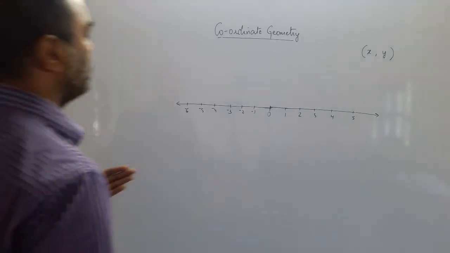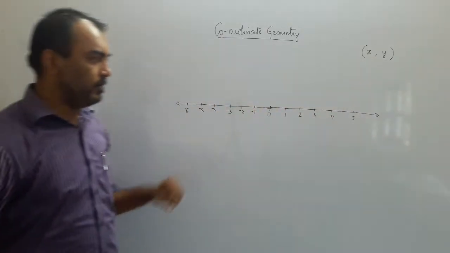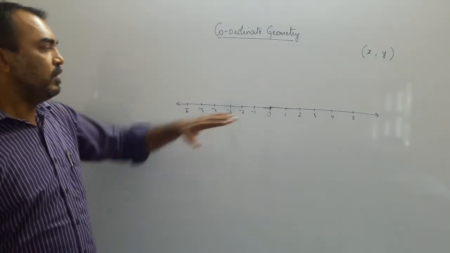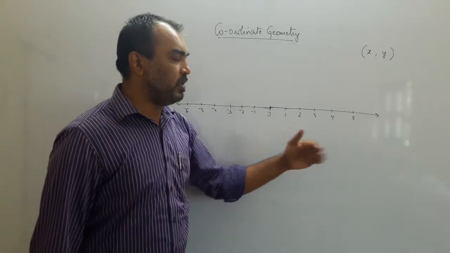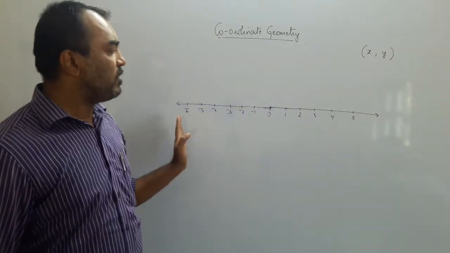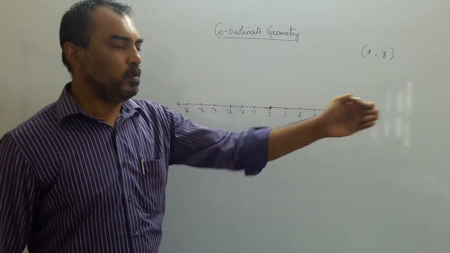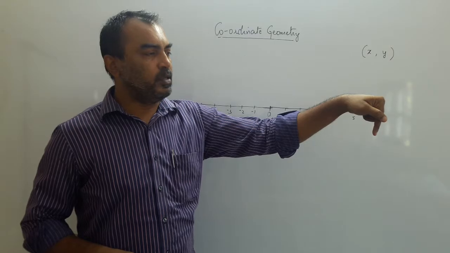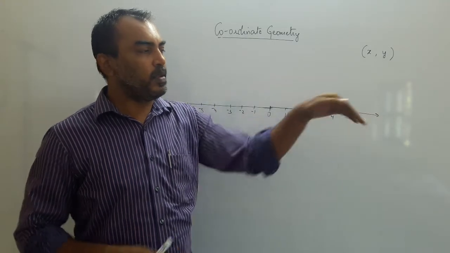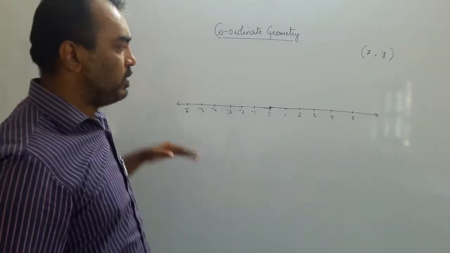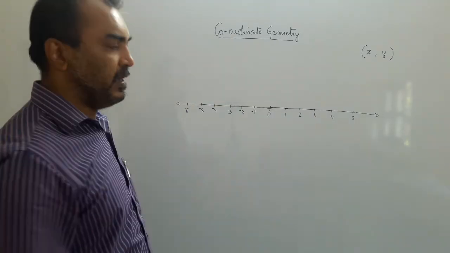So in simple terms, if you are standing in a line, how do you stand in the line? Whenever you make people stand in a line, you make them count 1, 2, 3. The first child, second child, third child, fourth child and so on. But if somewhere in the middle you take 0, then on the other side, if you say positive, this side will become negative. But this is for people standing in a line.